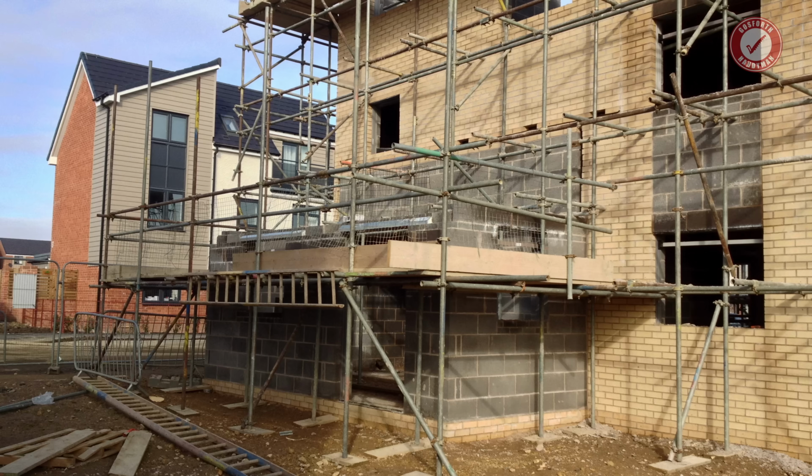I'll give you a little bit more information about why we've even bothered doing this renovation later on, because we could have saved a lot of money just by staying in the new build that we were already in. Kind of more about whether or not we'd buy another new build in a later video,